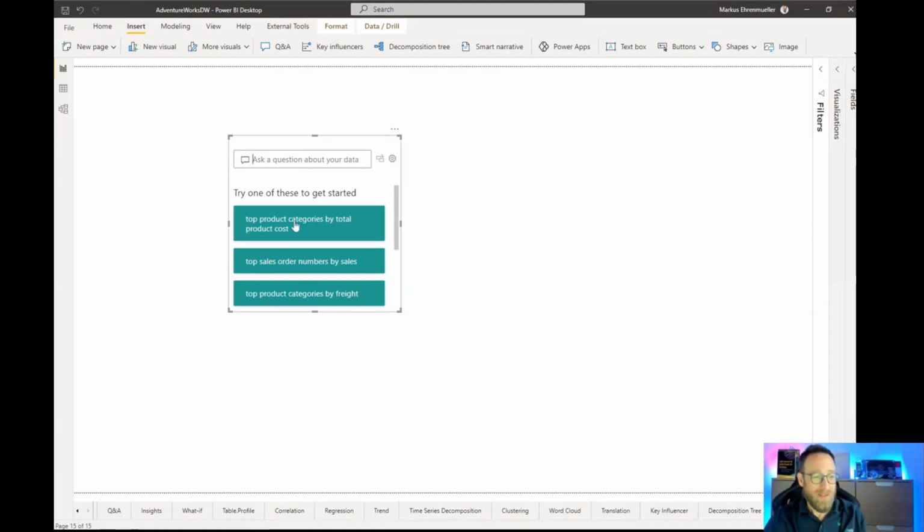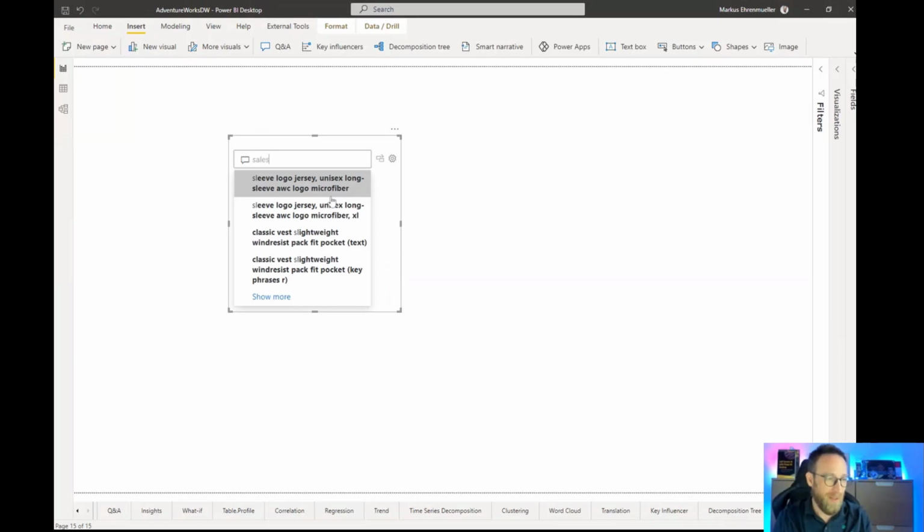So the Q&A feature, and then we get these suggestions automatically done by Power BI. Power BI tries to analyze our data and then suggest some questions which they think might be of interest for us, like top product categories by total product cost and so on and so forth. We can just ignore this, and that's why I'm using this feature so much, because I'm much faster with the Q&A feature than by finding things in the field list, because here I just start typing and asking for the